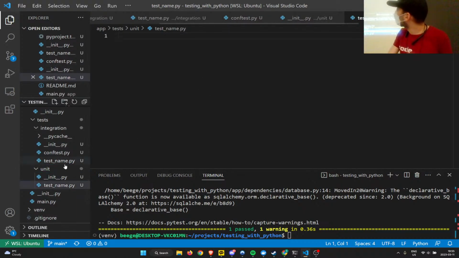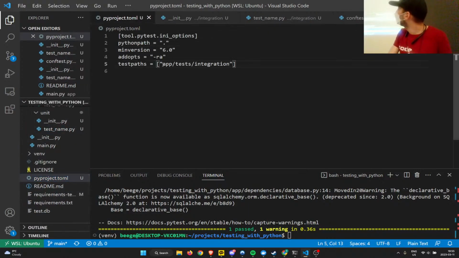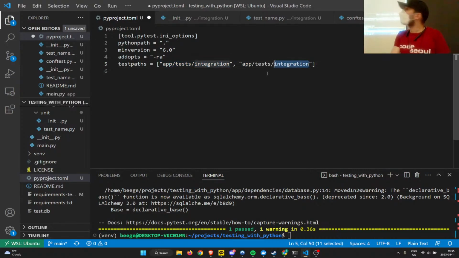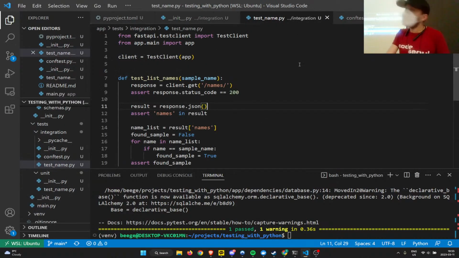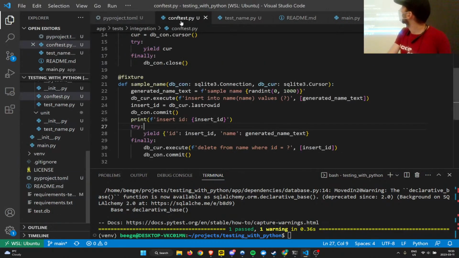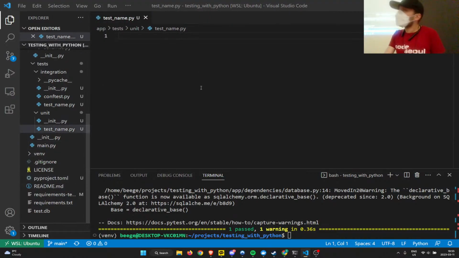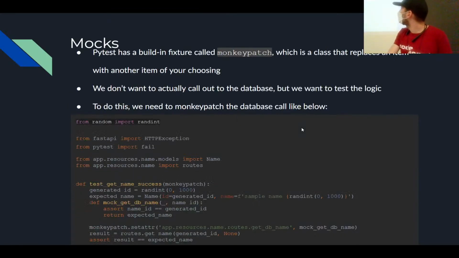And then we're going to update our pyproject.toml to include our unit test folder. Okay, that's all good. Let me clean up some stuff here. That's right, because I added this after the presentation. I didn't clean it up.